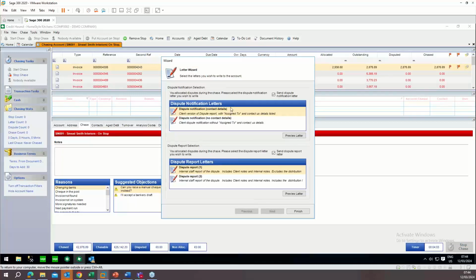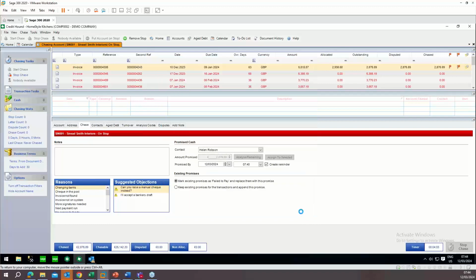So I can finish that. Now, I'm then prompted to send a reminder to the client of what was discussed in our phone call. So it's a notification of the dispute, and then to also send internal copies of the dispute to the relevant people as well. So I'll hit finish,